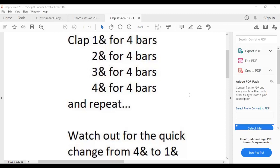But let's get the metronome going. And if you just like to get your feet tapping left, right, or right, left. I hope you can hear that. And after 4, we'll start the clap. So at the end of 1 for the first one. After 4: 1, 2, 3, 4, 1 and 2, 3, 4, 1 and 2, 3, 4,